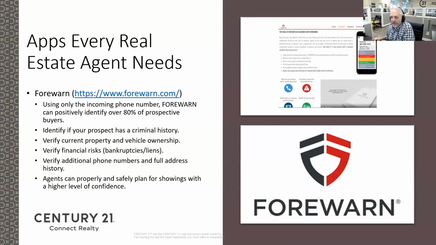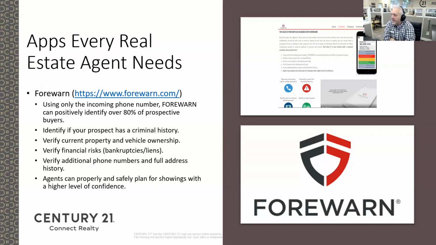All right. Forewarn is a great program. I think it's endorsed by, or it might actually be partnered with, the National Association of Realtors, but it allows you to do some very key things, like helping to identify prospective buyers and clients that you're likely to be meeting with, looking for things like criminal history and any financial risks. Most importantly, it has some tools to help you show more safely.